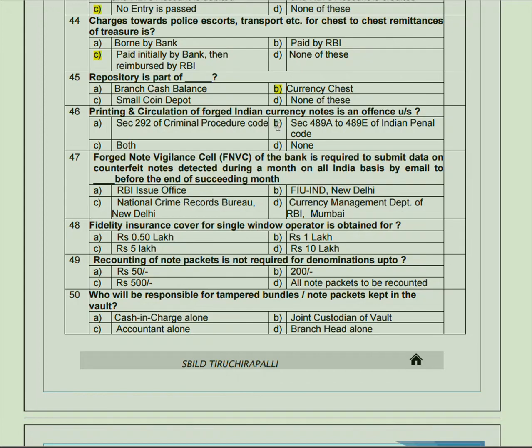Section 489 A to 489 E of Indian Penal Code,